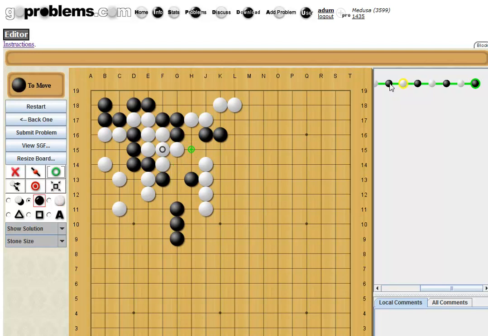I don't see anything here. Let's find ways to resist, okay? Obviously they have to connect, that's not interesting. Okay. White has no choice there. Okay, so really this is the only move, but sometimes it's nice just to add the stupid moves too, just